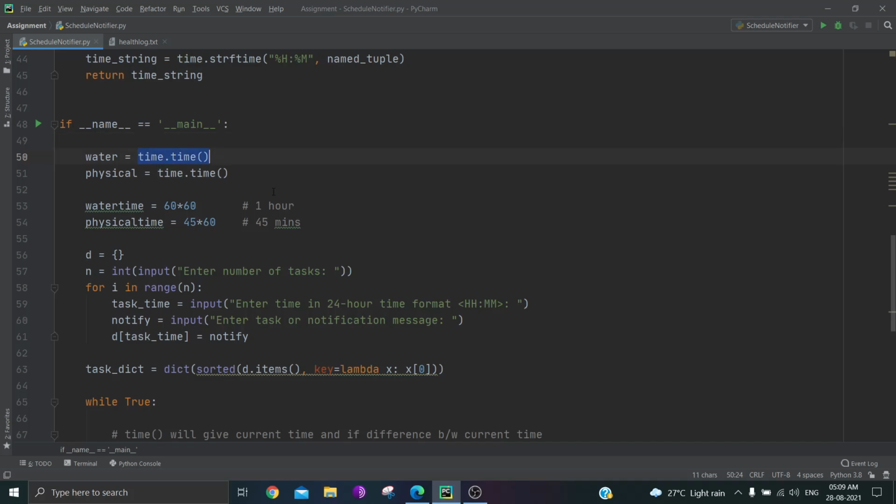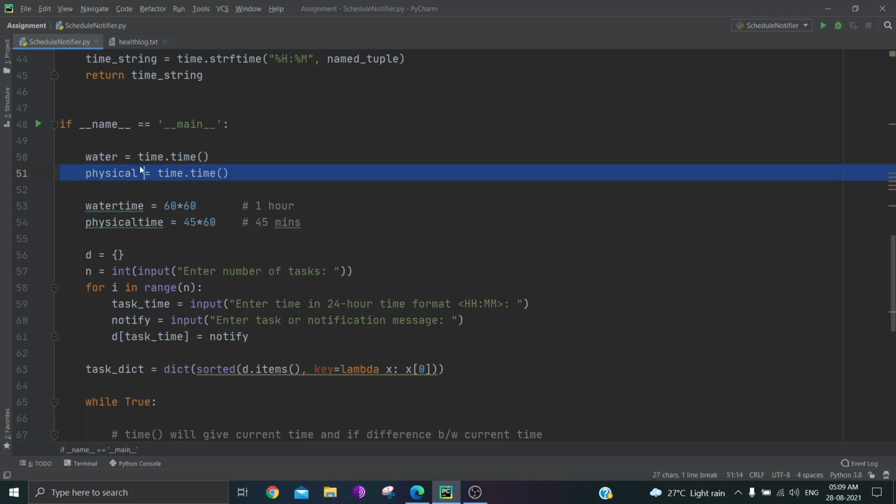This time.time will return a number of seconds from the beginning of time, which is called the epoch time. This will be helpful later as we can take the difference and find out seconds. So basically it will tell us how long the program has been running.